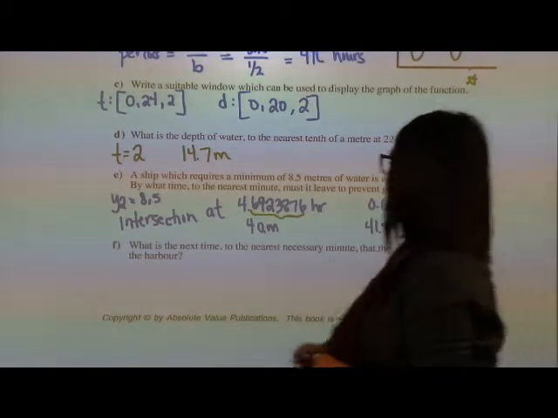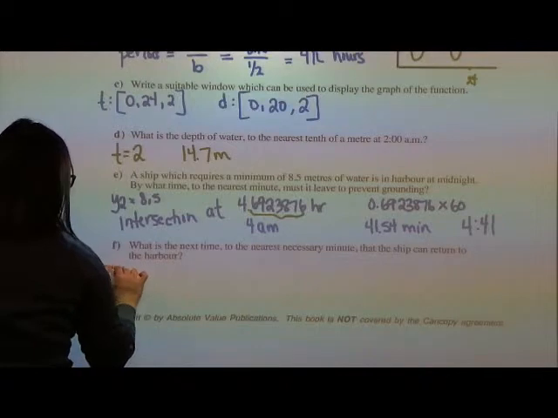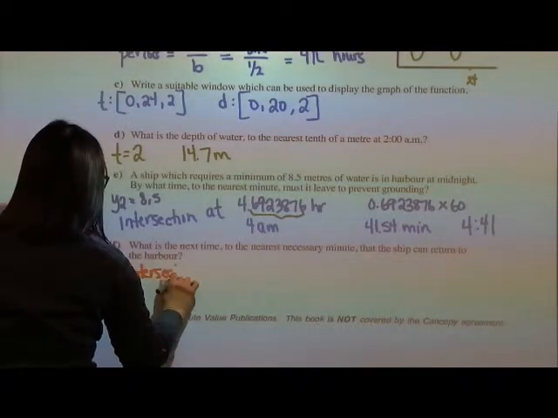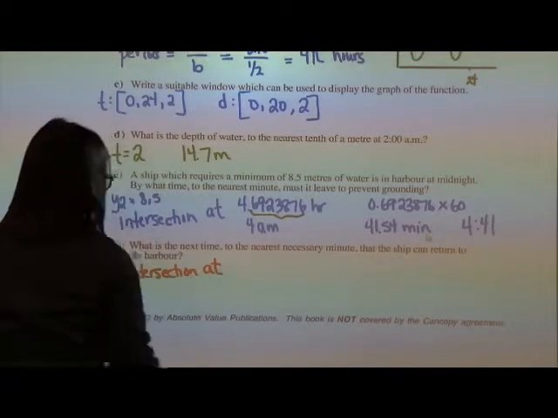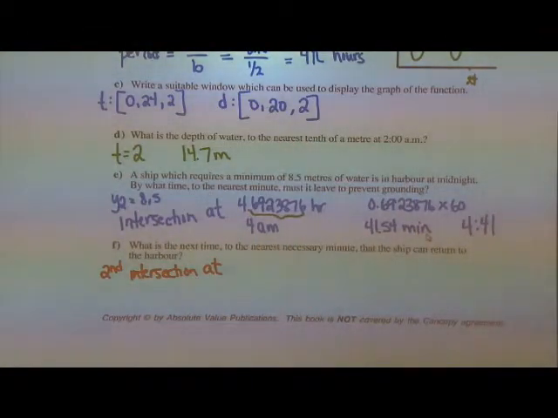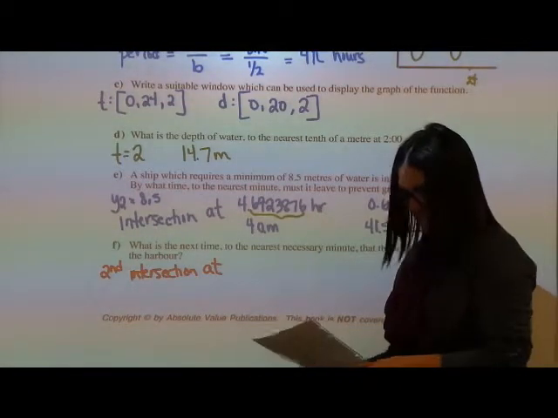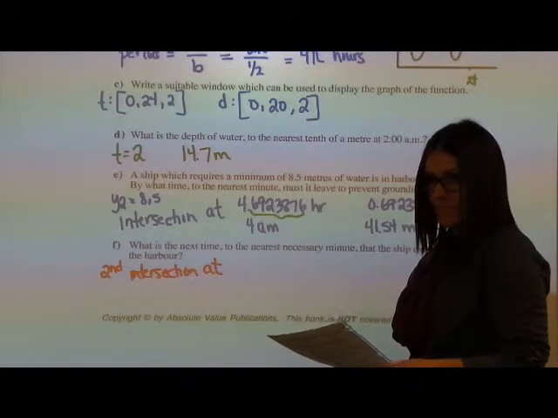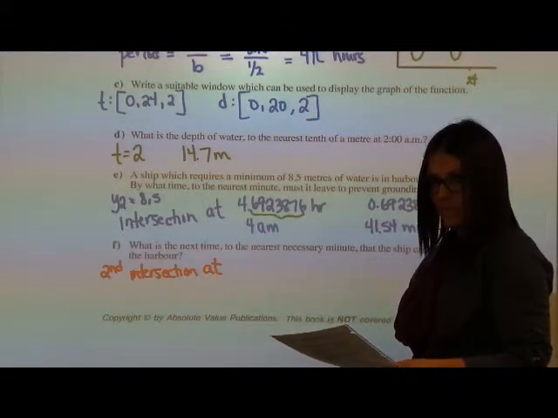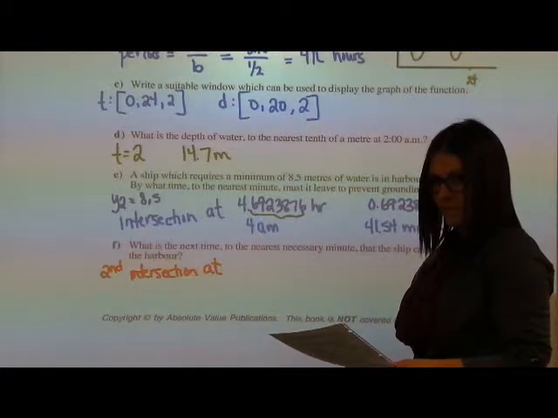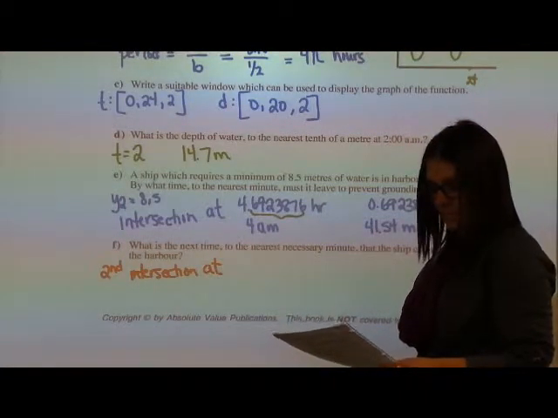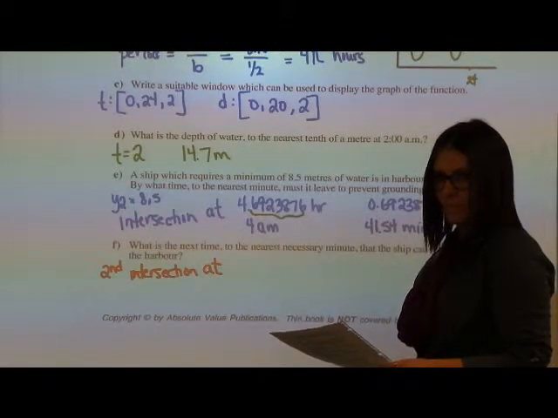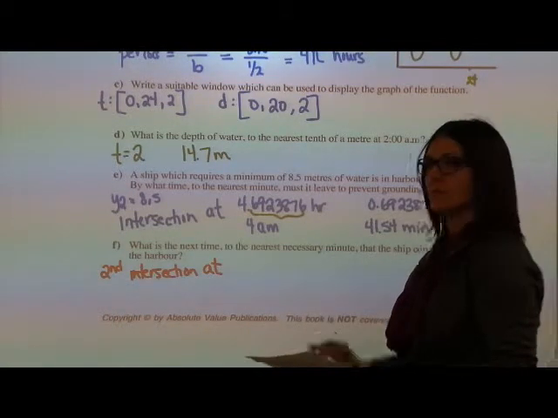So find that second intersection point, and tell me what you get when you've got that one. So what did you get for the intersection, Evan? I got x equals